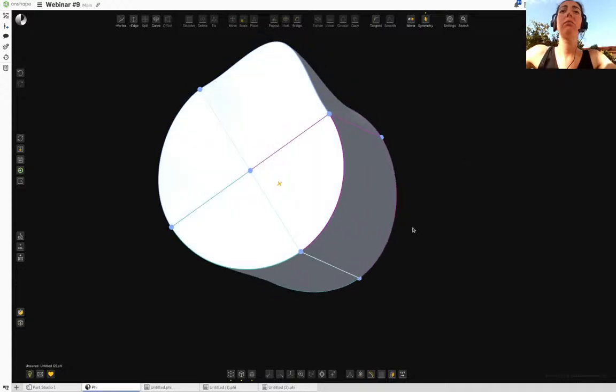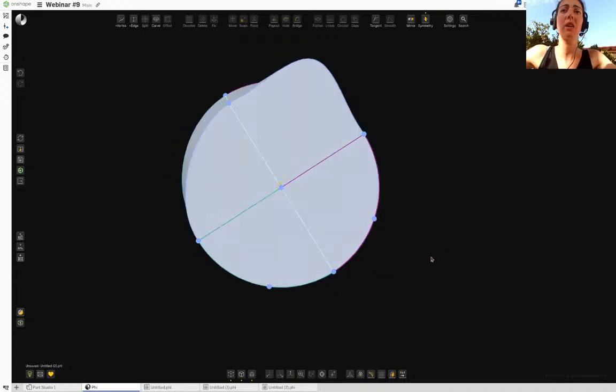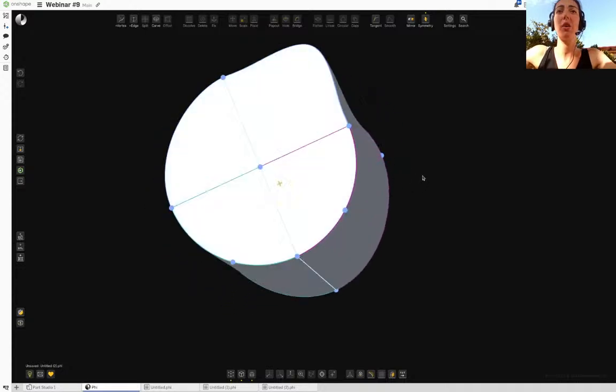Okay, so one more thing is that not all operations take place with symmetry. Some of them do. For example, if I add a vertex on one side, I will get another vertex on the other side,